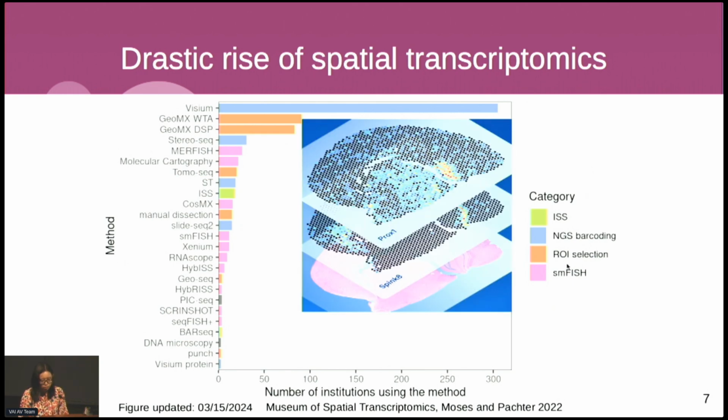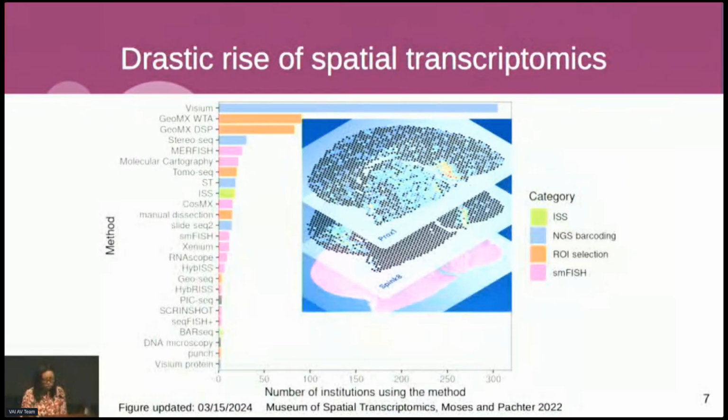There are those based on next generation sequencing, like Visium, already used by over 300, now probably more institutions. How it works is that you have a tissue section, and you can usually stain that with H&E or some sort of fluorescent stain, immunofluorescence, and you mount this tissue section onto a special microscope slide. That slide has a hexagonal array of spots that have barcodes whose spatial locations are known, and it also has a poly-T sequence to capture polyadenylated mRNA molecules in situ from the tissue. From the capture we can sequence the transcripts to quantify their expression at each spot and map that to locations in tissue.